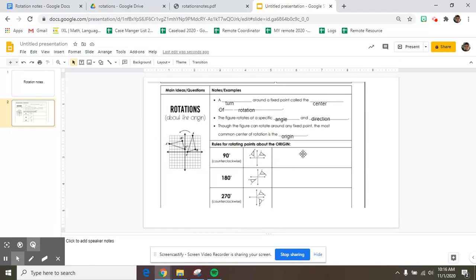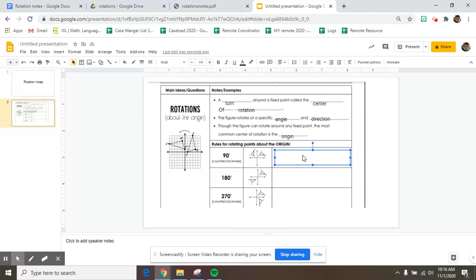All right, so let's get into the rules that we have to follow to figure out, when we have our shape, how we're going to get it to that new position. So if we're doing a 90 degrees counterclockwise turn, that's the opposite way of the clock, we are going to take our coordinate, our X and Y, and that is going to shift into negative Y and X. So what that means is you are going to take those points, flip them,